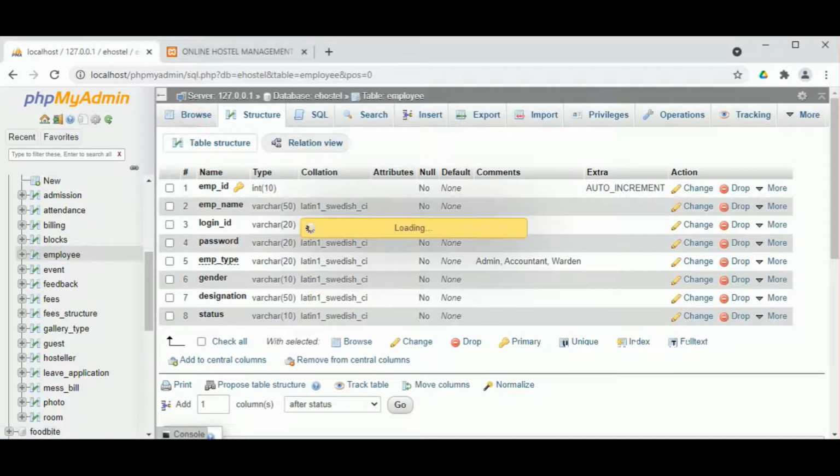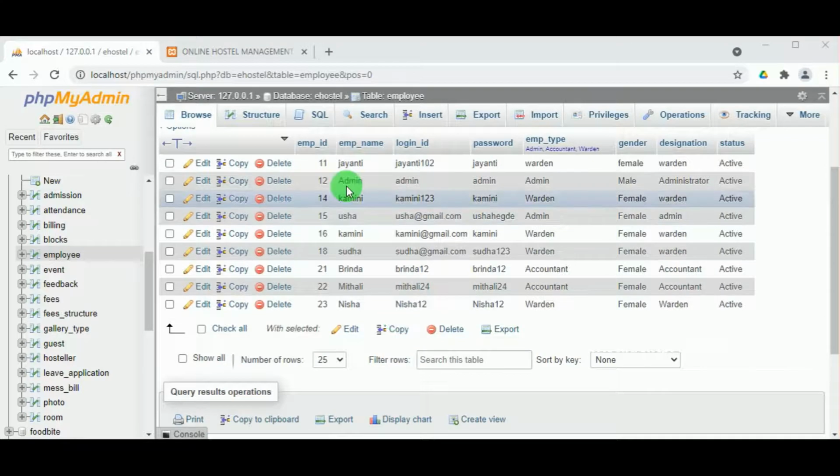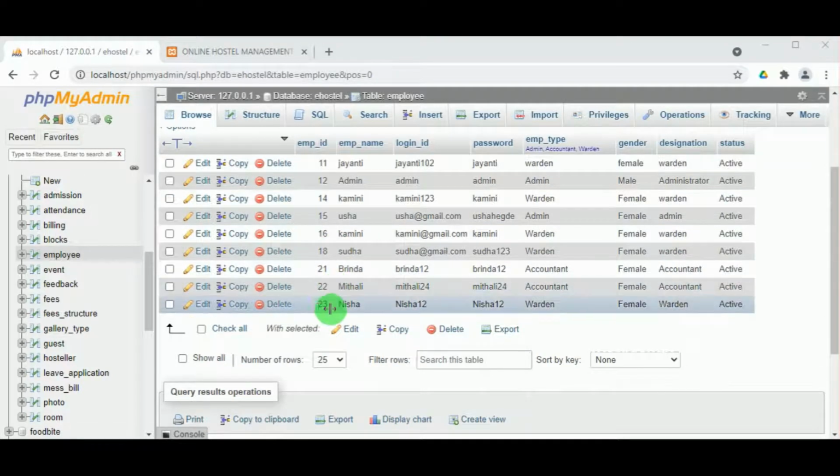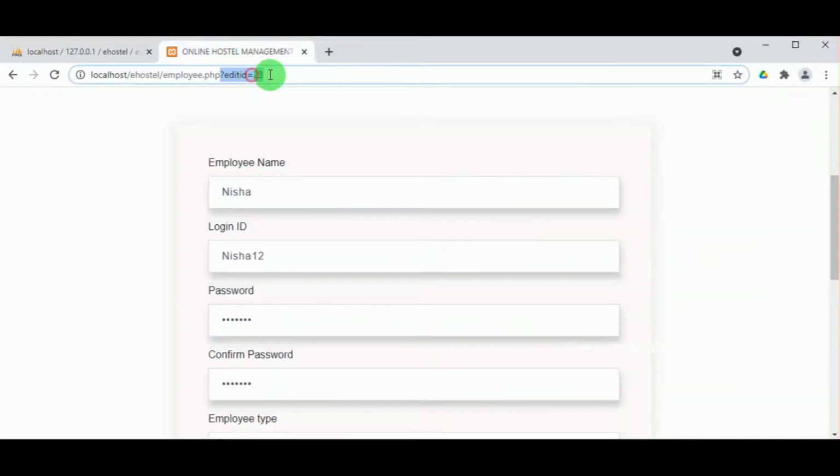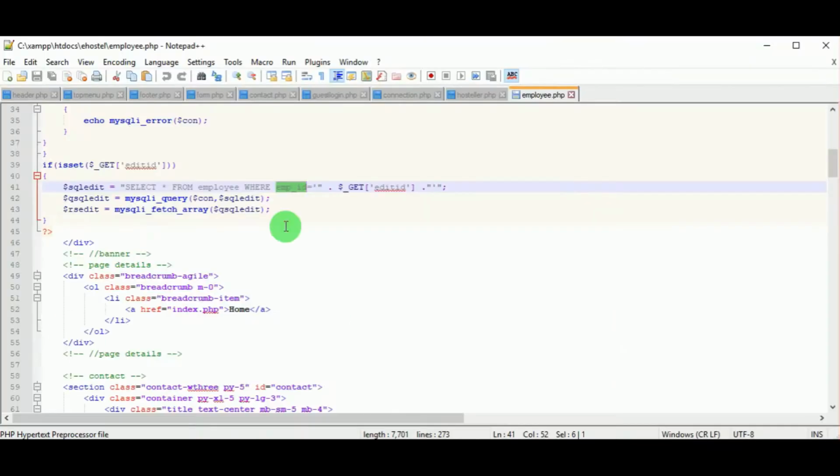So employee ID and the get edit ID must be the same. In that case, whatever data is present in that particular employee ID, that data will be displayed in this particular form. So to fetch this, a select query is used here.